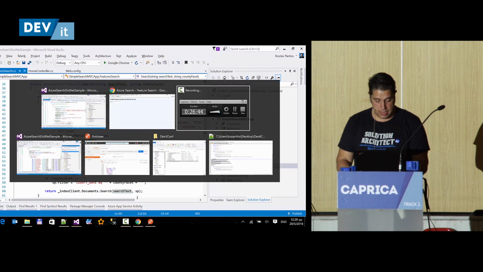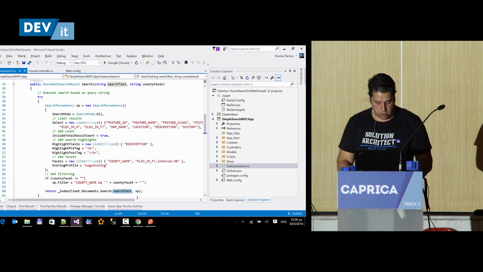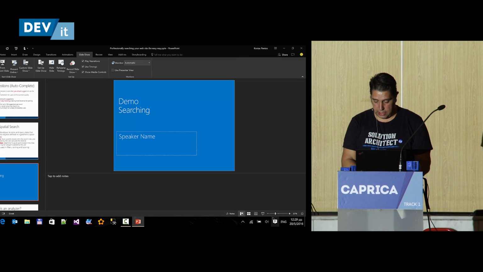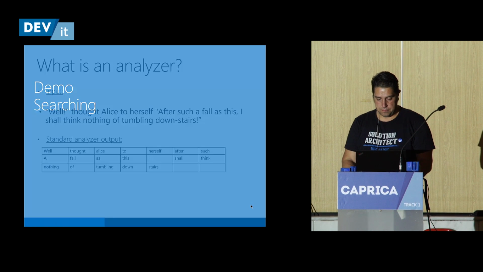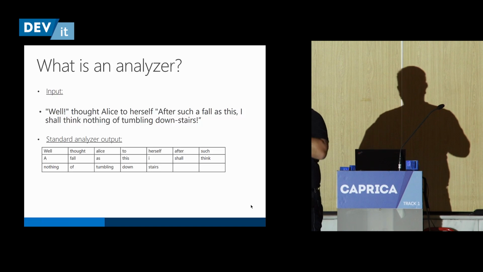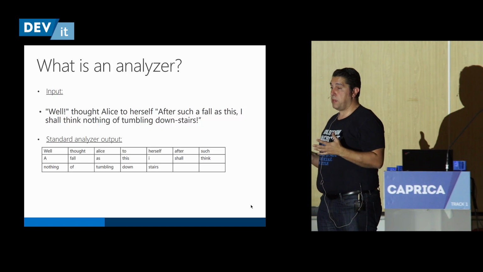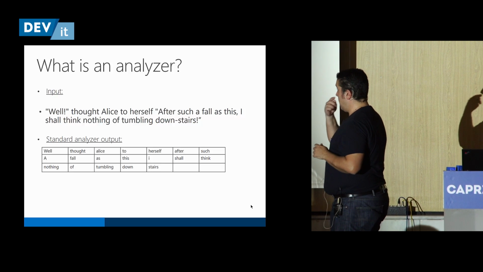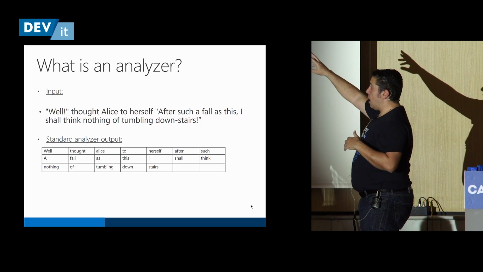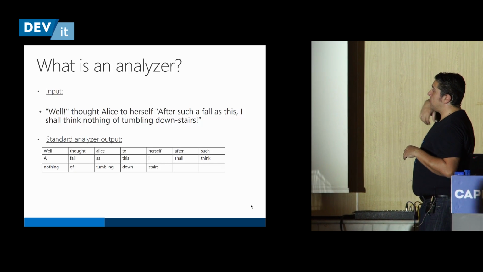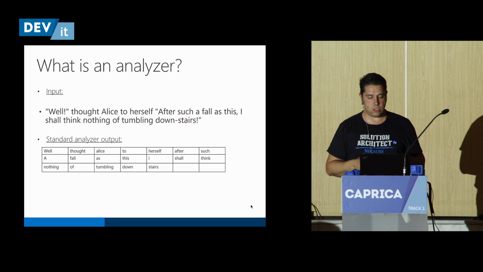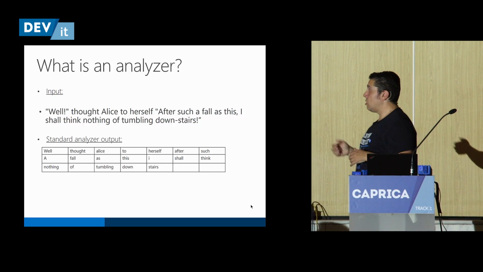So let me go on a bit and talk about analyzers and multilingual support. So what's an analyzer? As we've created our index, we didn't specify any analyzer, so it's using the standard analyzer that searches for the words that are contained in that sentence, right? So all the words are broken, and the search service searches for those words from